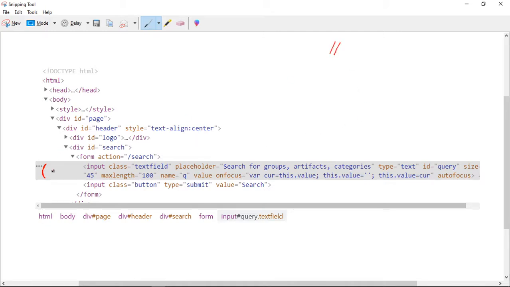For this, input is our tag name, so input @ the attribute. Suppose I take type, so type equals text. This is our relative XPath, and it will click on the web element.